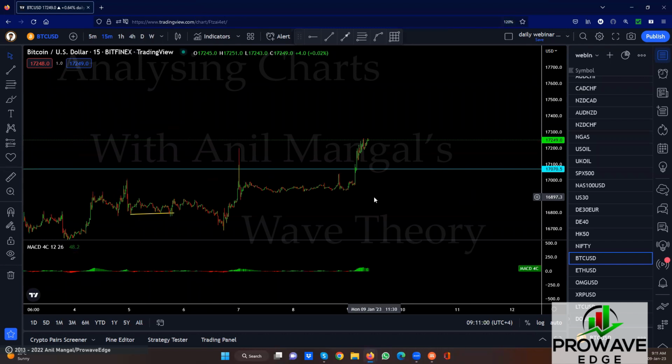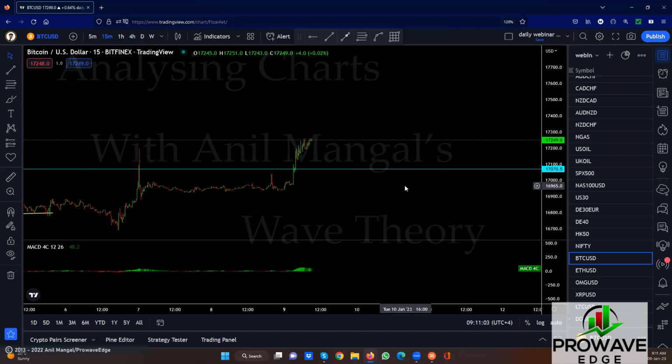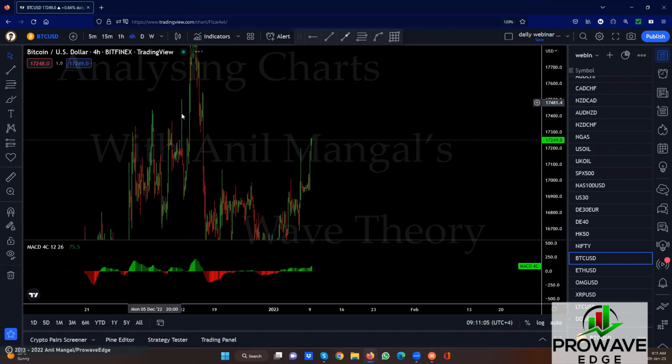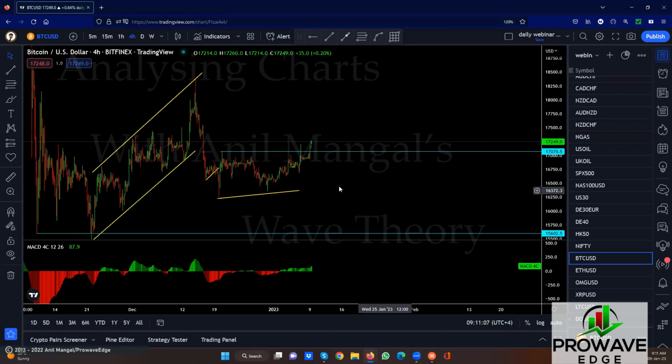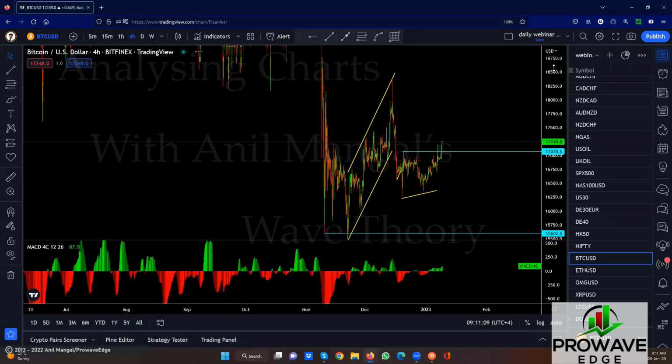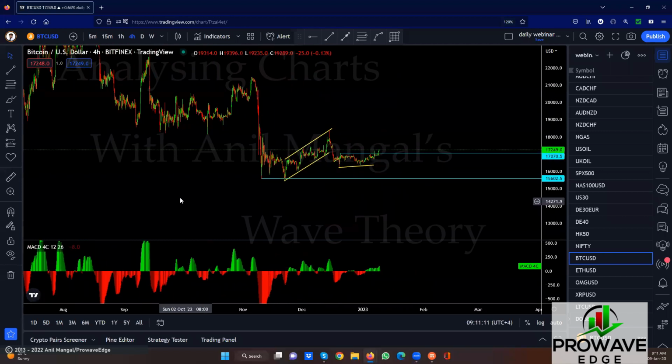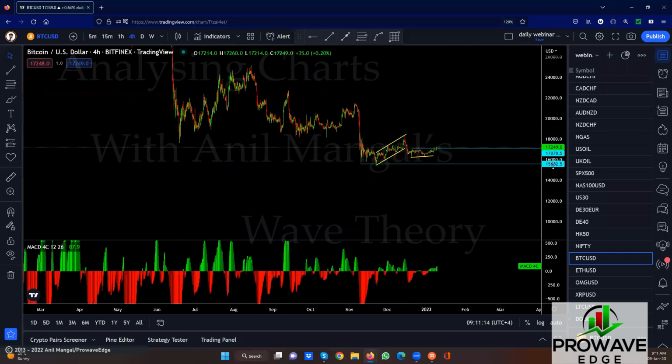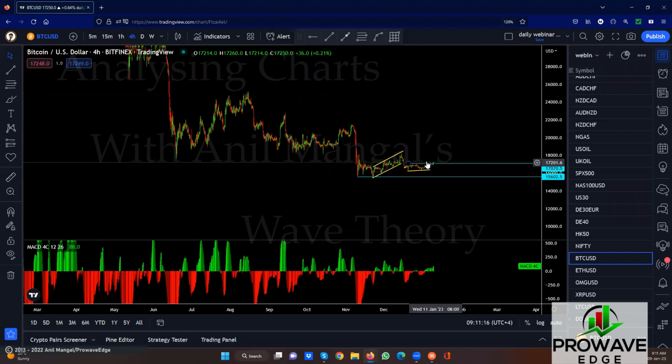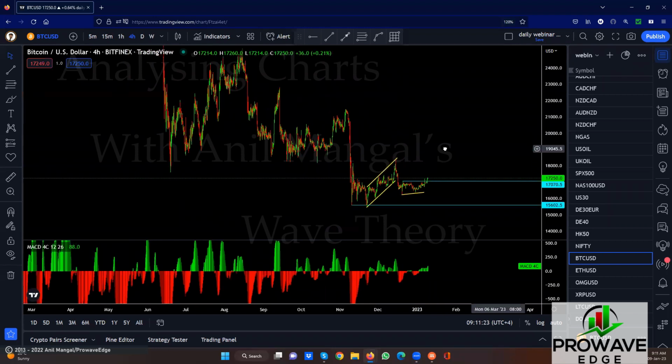But in a 1 minute, you'll probably see it's going to heaven. But then you have to look in perspective. Where are you in the bigger picture? Well, you're still in the consolidation. Which means in any previous consolidation, you had bigger moves than that, right? This one, look at the size of these moves. Look at the size of these ones. They still drop. So I don't think this is going up as yet.